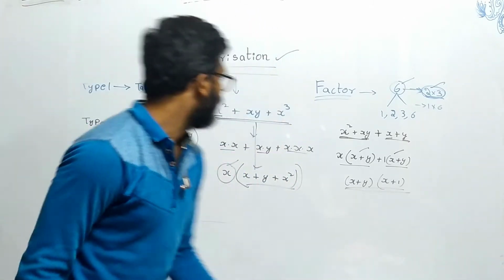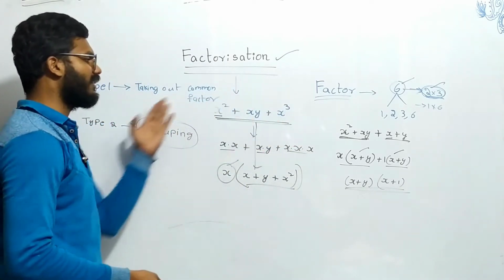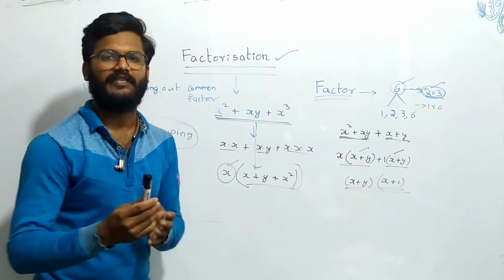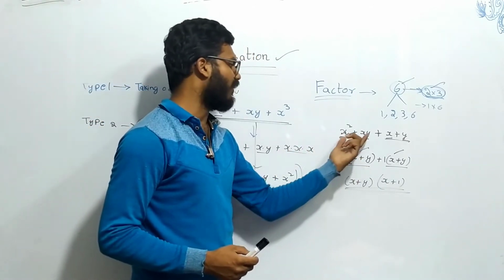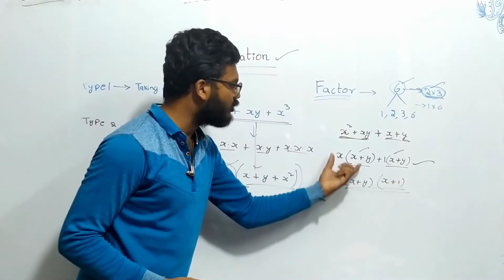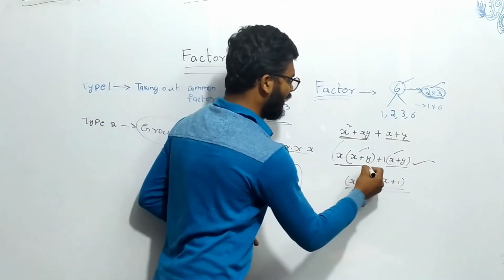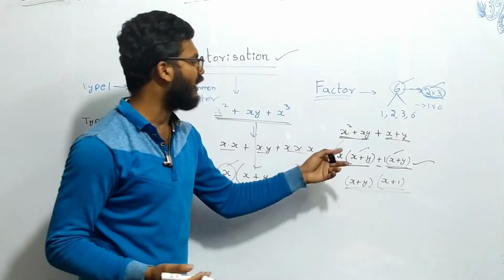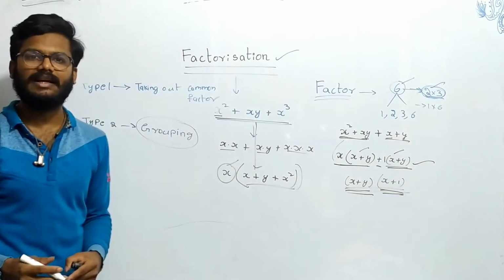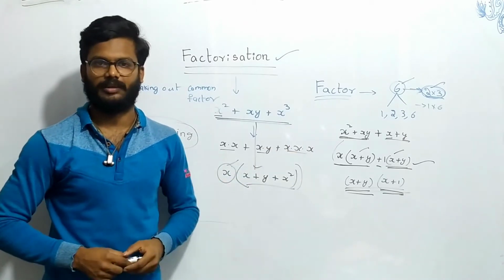See here, the first one, taking out common factors, means in each and every term there will be a common factor, and we have to take it out. The second one, grouping method: we have to group the terms in such a way that there will be a common factor. So here in these two, x is a common factor, so I have taken out x. But see here, already we have written these two as factors and these two as factors, but the entire thing we didn't factorize. Why? Because it is like an addition, not a product of two. It is a sum of two terms, so we have to write it as a product of two, and only then can we say it is factorized completely. So let us see some problems based on this concept.